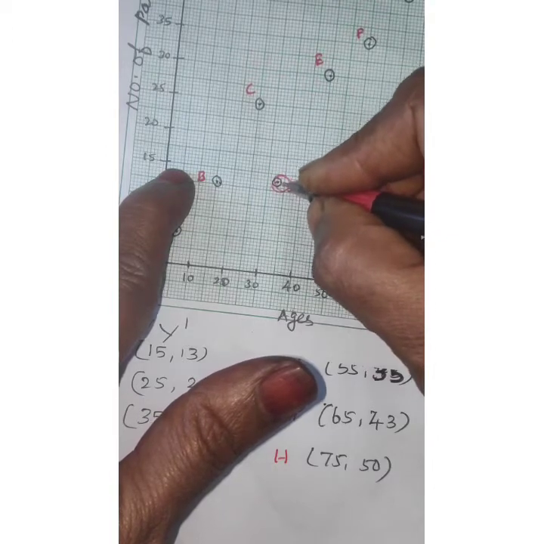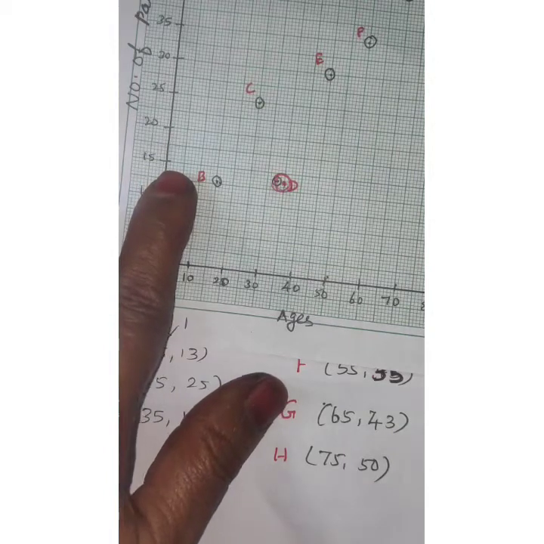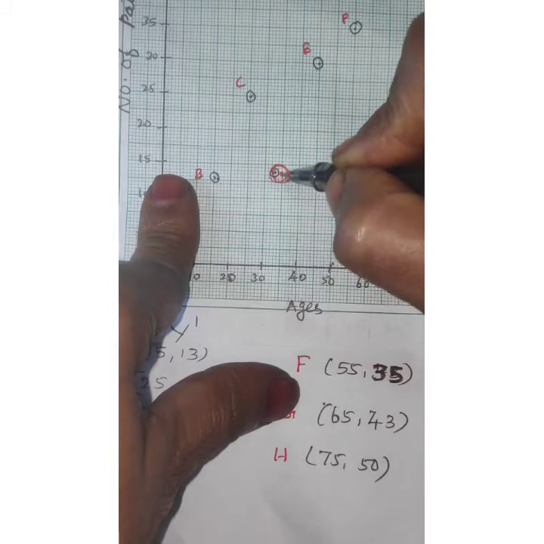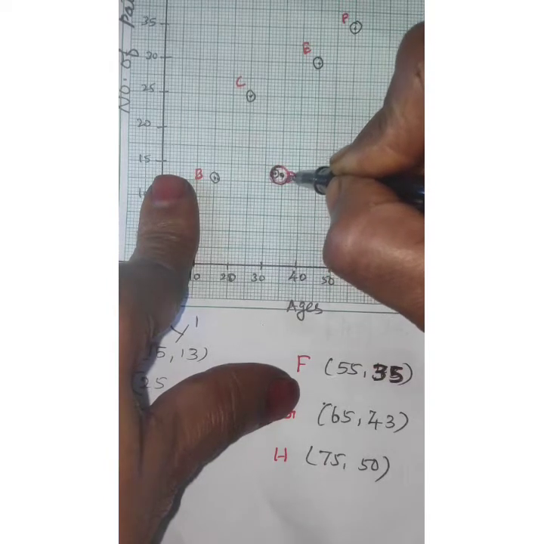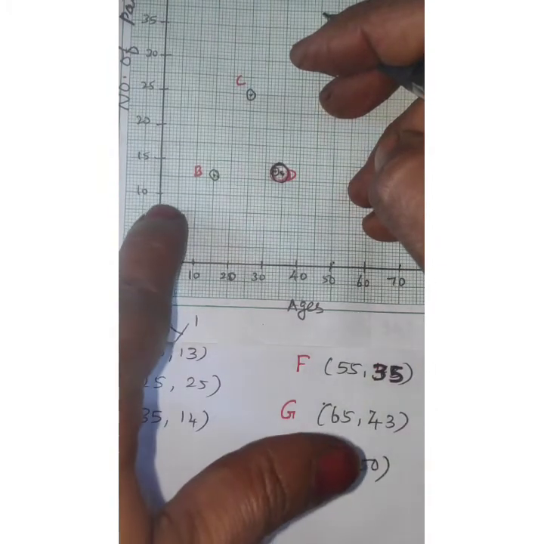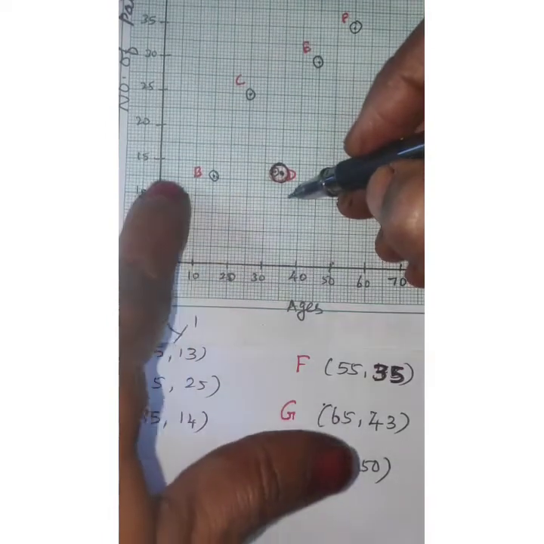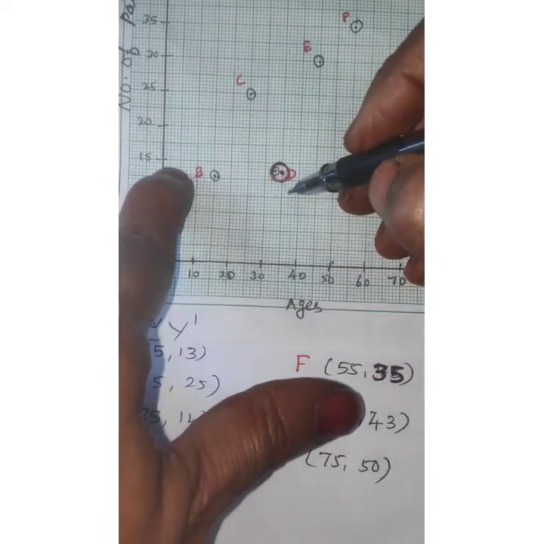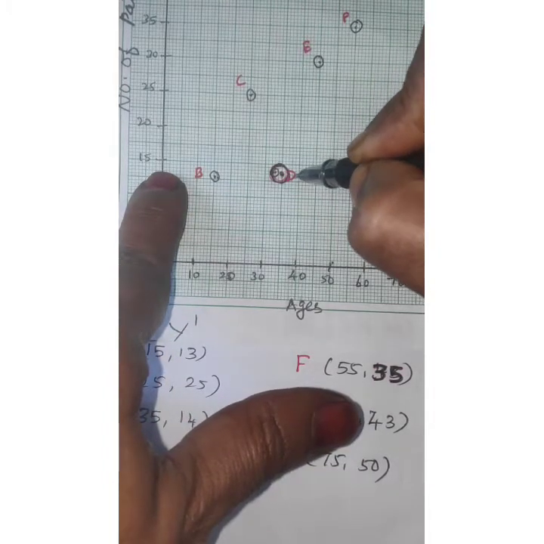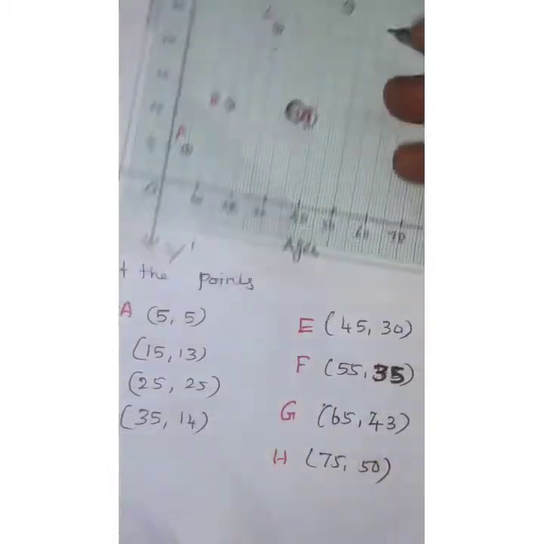This point is, what is the point? D point. Very carefully you mark and write it there. 35 straightly you keep in the point and round there. Here 16, how to mark 14 here? 10th line to 8th line is 14. You count the small lines. 8th line is the mark. This point is, what is the point? D point.